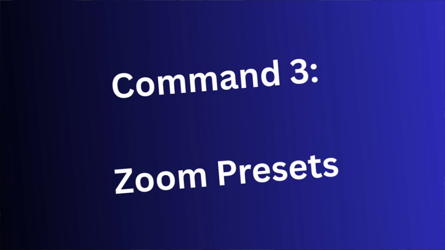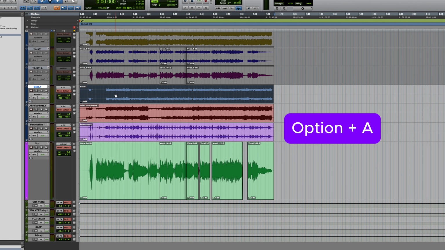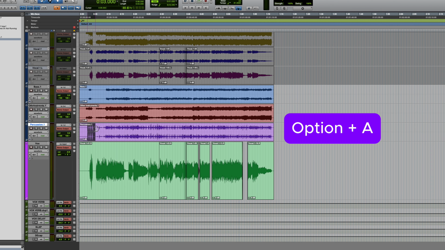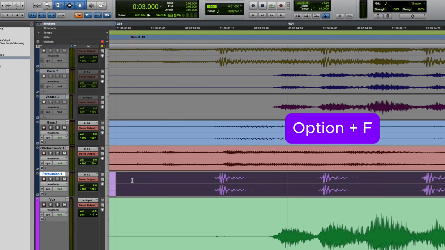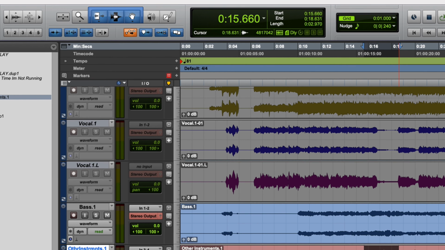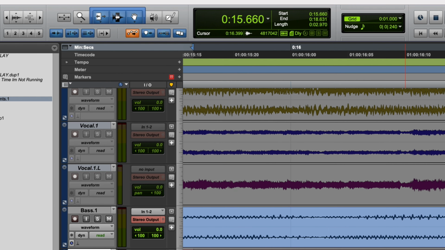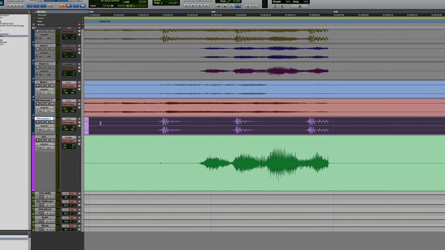Zoom presets. This one is a really good one to speed up your navigation. I have one button for full session that's going to zoom out and show you the whole session, and then I have another button that's Option plus F that's going to focus on the selection I have. I like using the smart multi-tool so I have everything available at the same time, and like that I can select, zoom in, press the button to zoom out and see the whole session, and I can move